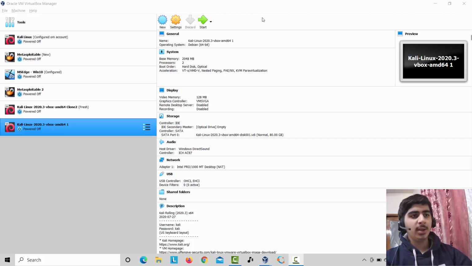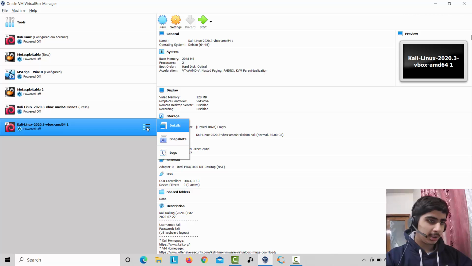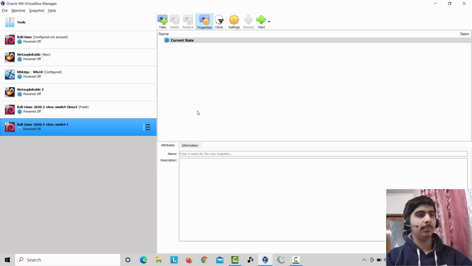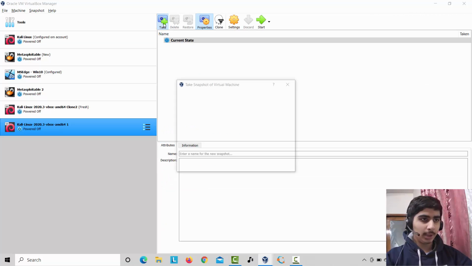Hello everyone. Today we are going to look at some basic Linux commands and understand the Linux operating system. But before that, we need to do something important. So this is the Kali Linux installation. Click on this button and click on Snapshots. So first we are going to take a snapshot,